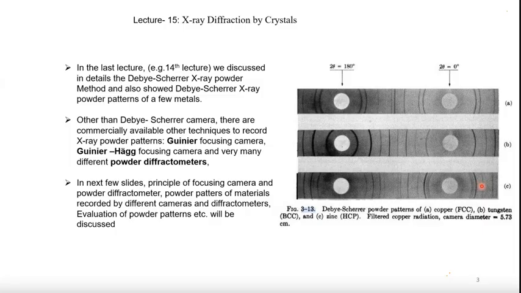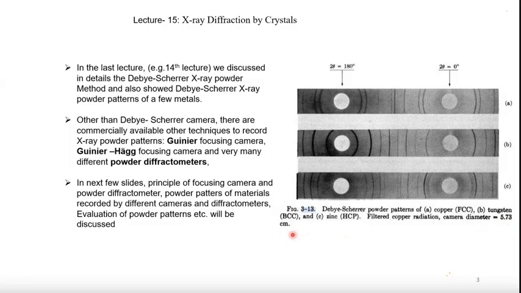We will talk about the structures later, but just to name them now, copper crystallizes in a face-centered cubic structure, tungsten in a body-centered cubic structure, and zinc in a hexagonal close-packed structure. The experimental data were taken with copper radiation, and the Debye-Scherrer camera diameter was 5.73